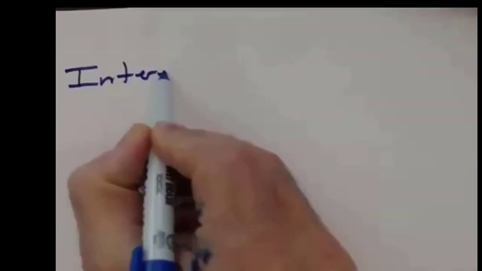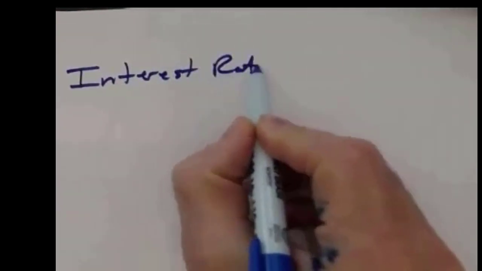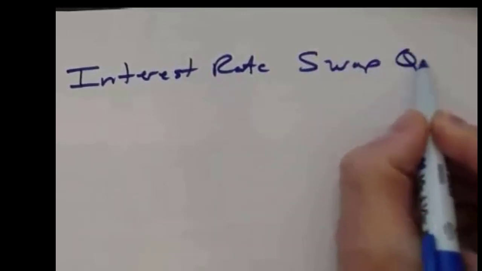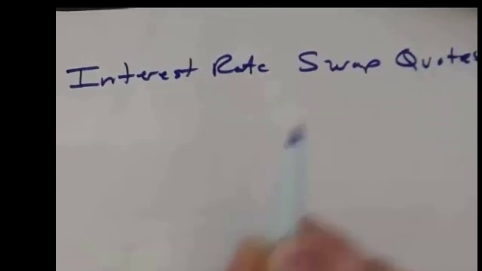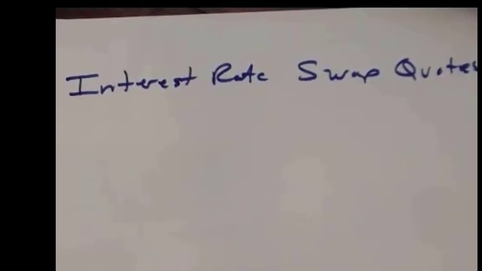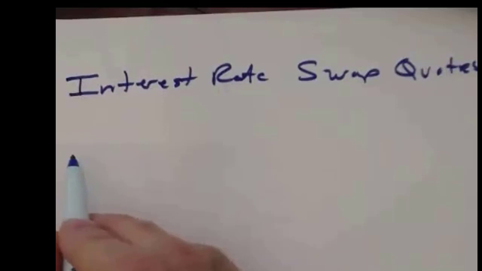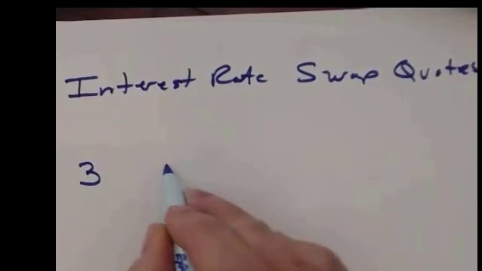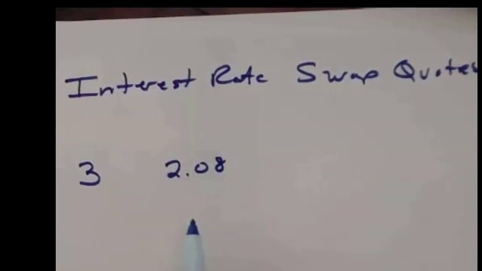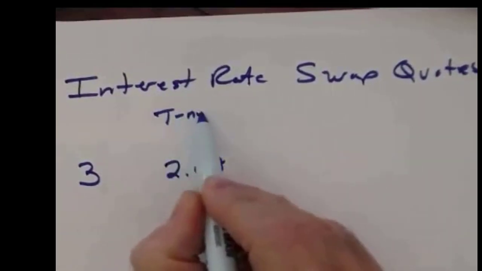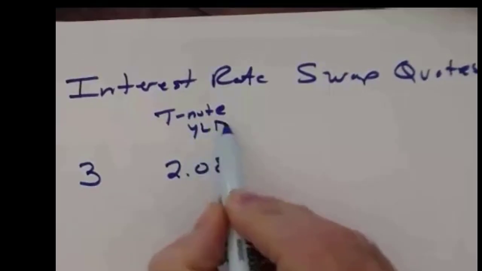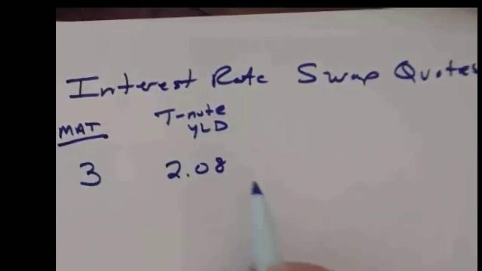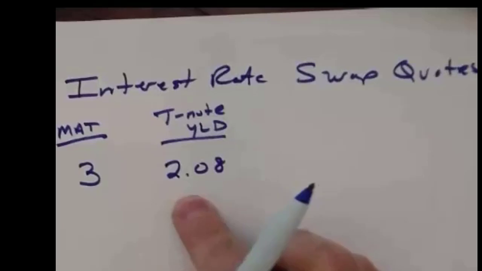So now's a good time to cover interest rate swap quotes. How do dealers price swaps? And I'll give you an example, and I have it in the notes there. If we have a 3-year swap, and the interest rate on a T note that has a 3-year maturity, so this is a treasury note yield here, matching the maturity of the swap, and the treasury note yield is